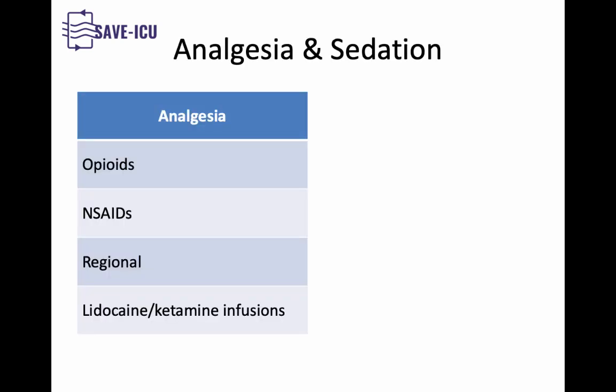So what are the options that are available to us in the ICU for analgesia and sedation? For analgesia, we tend to use opioids quite a bit. NSAIDs, nonsteroidal anti-inflammatory drugs, are an option if there's no contraindication. Regional blocks can help with pain, and so can lidocaine infusions and ketamine infusions. But for the most part, we tend to gravitate to using opioids for pain control in the ICU in most